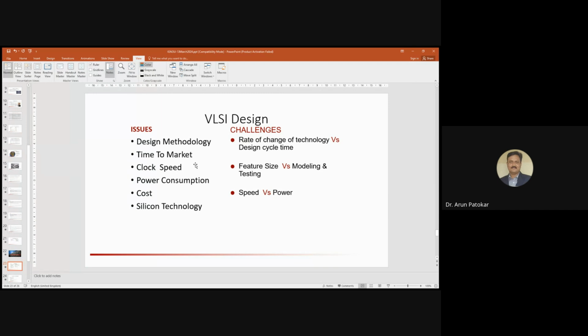These are some challenges. Feature size, modeling and testing, speed versus power testing. These are some challenges, issues. टाइम टू मार्केट, आपका जितना जल्दी मार्केट में आएगा उतना ही बेनिफिट होगा। जितना लेट, क्योंकि मूर्स लॉ के हिसाब से हर 2 साल के बाद में इंटीग्रेशन डबल होगा। मतलब आप एक टाइम पे आज की तारीख में अगर सोचा और आपने अपना प्रोडक्ट बनाने में 2 साल लगा दिए, तो आप जिस तरीके से सोच रहे हैं और जितना स्पीड है